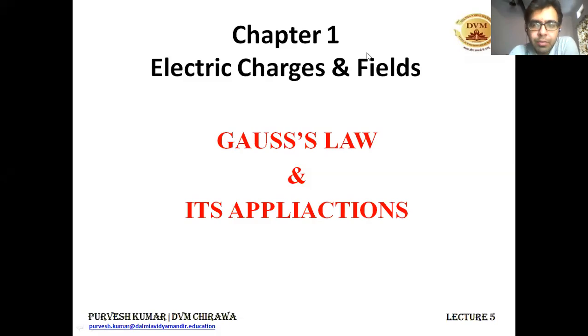In the previous class, we have studied about the electric flux, and in electric flux, we have learnt about its definition and formula. The definition says that the number of electric field lines passing through a given surface gives you the electric flux to that surface. And you can calculate that flux by integral of E dot ds, where E is the electric field and ds is the small area vector of the surface through which the flux needs to be calculated.